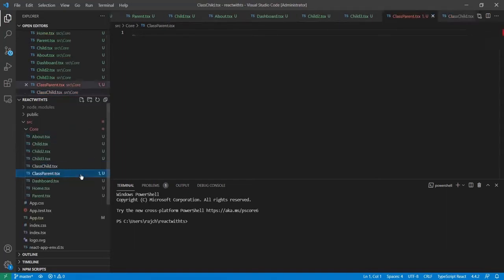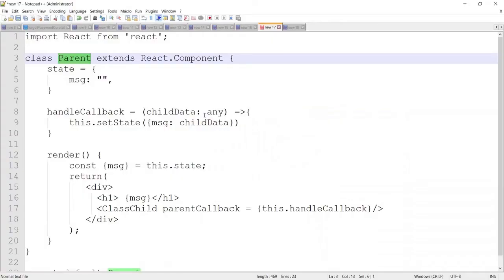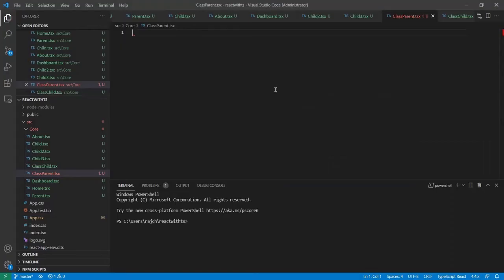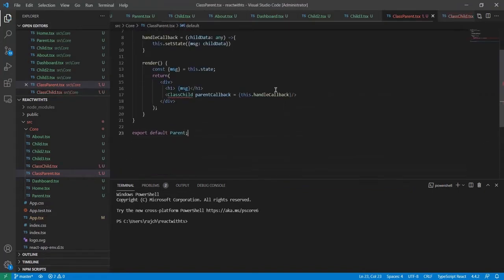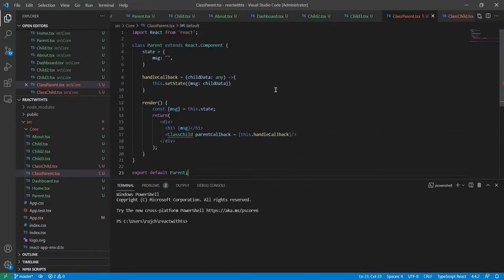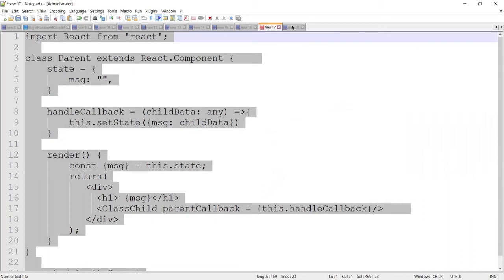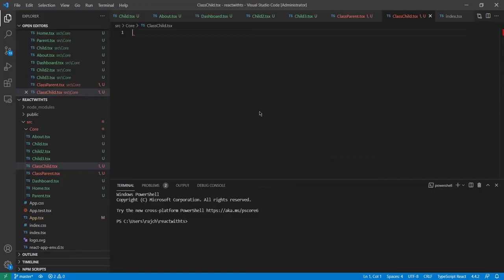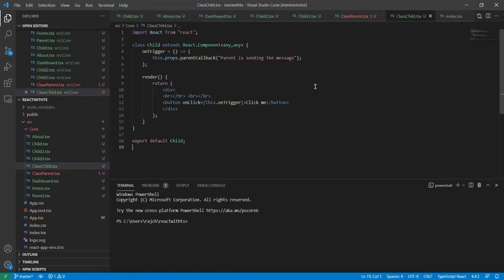So first of all I will put the code for the parent here. So I will copy this and paste it here. Okay, and again I also need to write the code for the child class. So I will again go here, and this is the child class code. So let me first copy here, then we will discuss what the things are here.